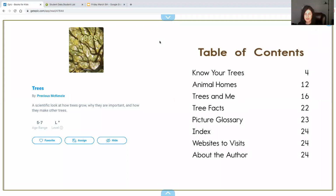So, today we were talking more about the Lorax, and we learned yesterday that the Lorax was speaking for the trees because the trees don't have a voice and they can't stand up for themselves. So, the Lorax was trying to convince the Onceler that he was chopping down all the trees and he was causing all kinds of pollution and hurting the environment. So, I want to talk more about trees today, and let's talk about why they are so important for our